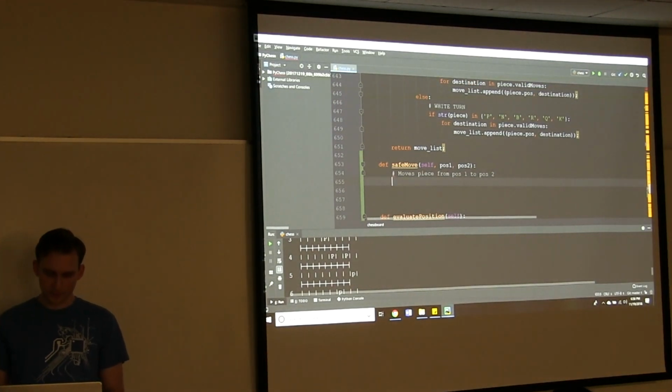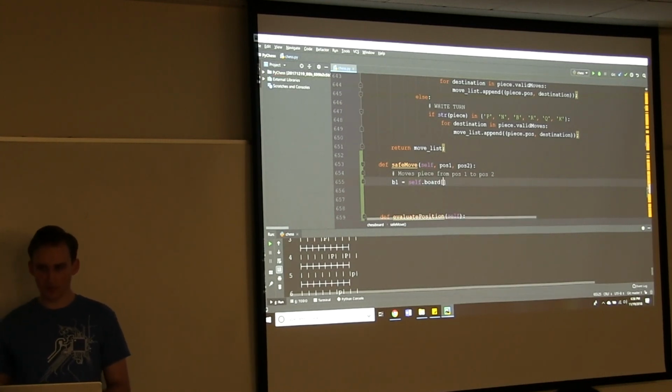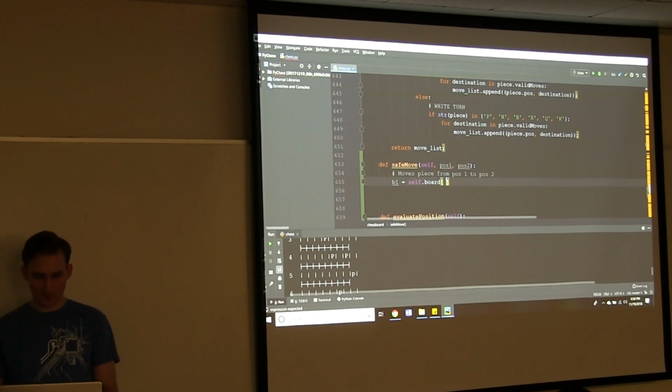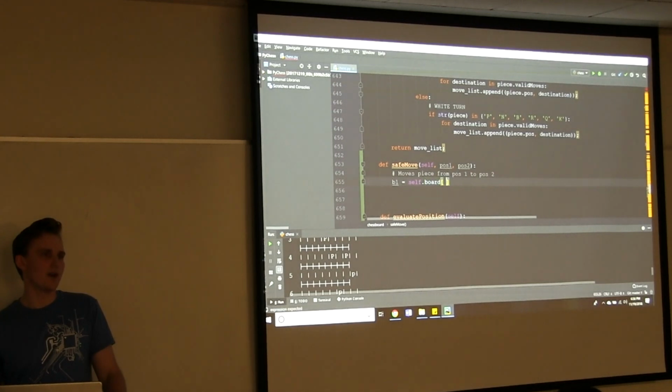Okay, so first we want to grab the piece that is at position 1, and you can do this by accessing our board list. And we're going to put in the index that our piece is at. Now the board's just an array of, I think, 64 values, but obviously the position, the tuple, like 0, 3, isn't a way to index a list.